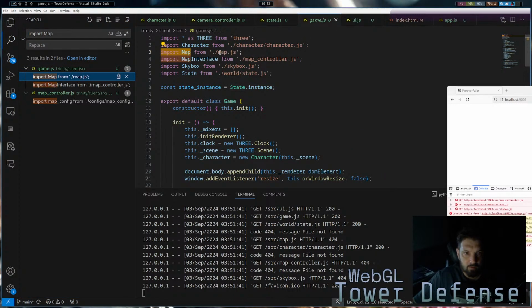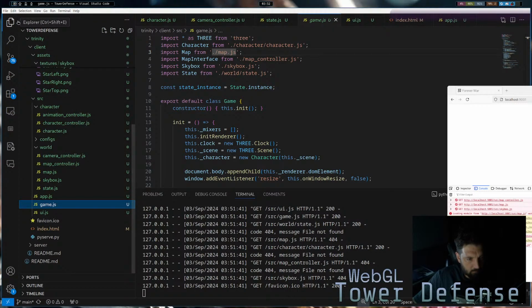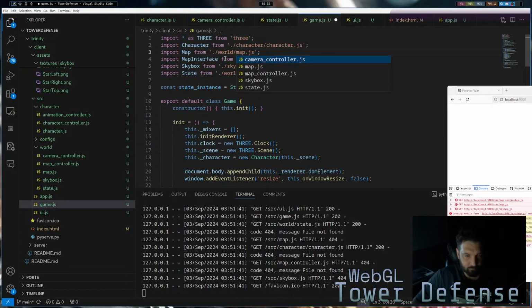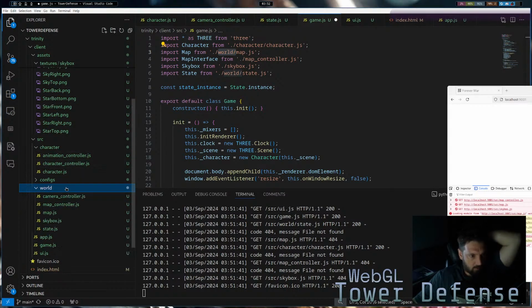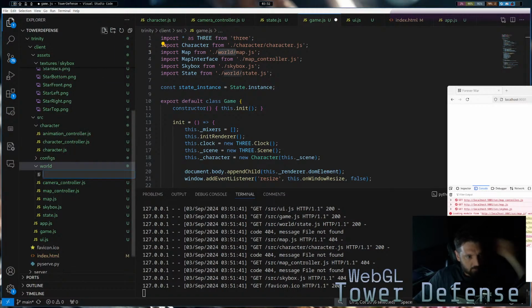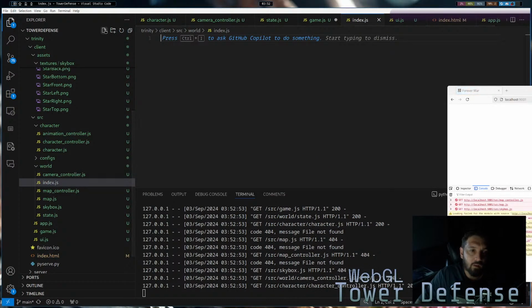So the game is trying to import map. We can create an index.js and we can